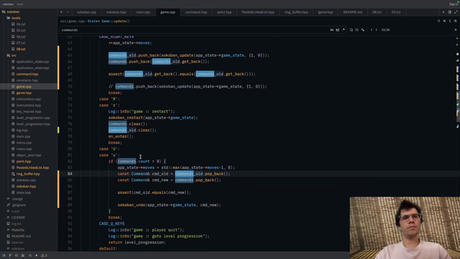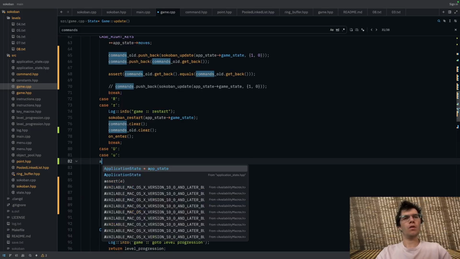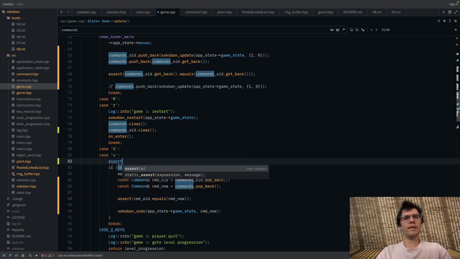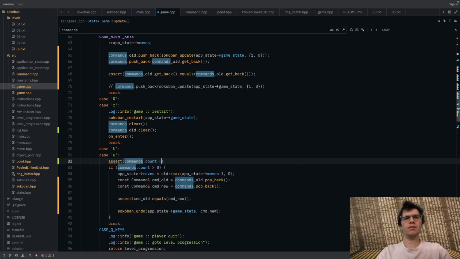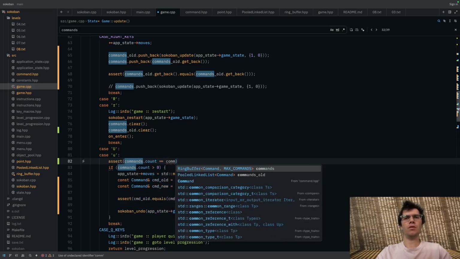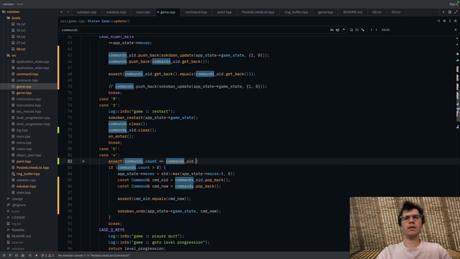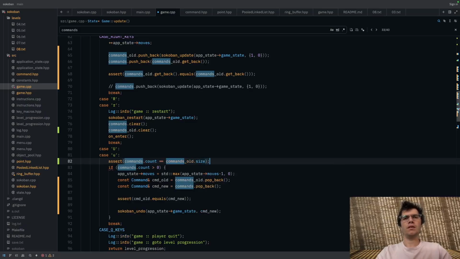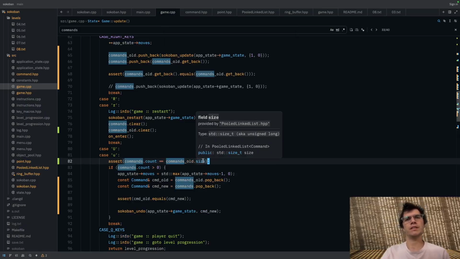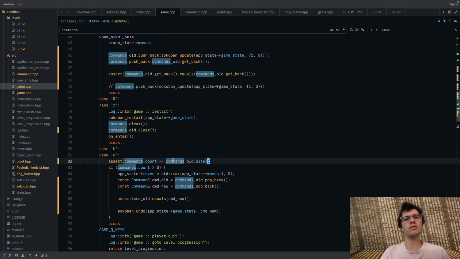Okay, so right here, we want to make sure the commands.count is equal to commands old dot capacity or dot size. So this is one of those things that we should actually look into potentially fixing. Because right here you can see like